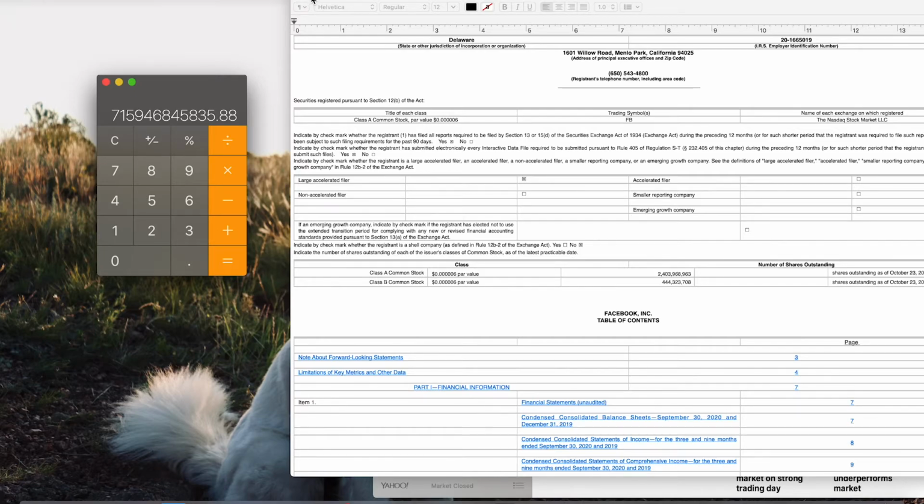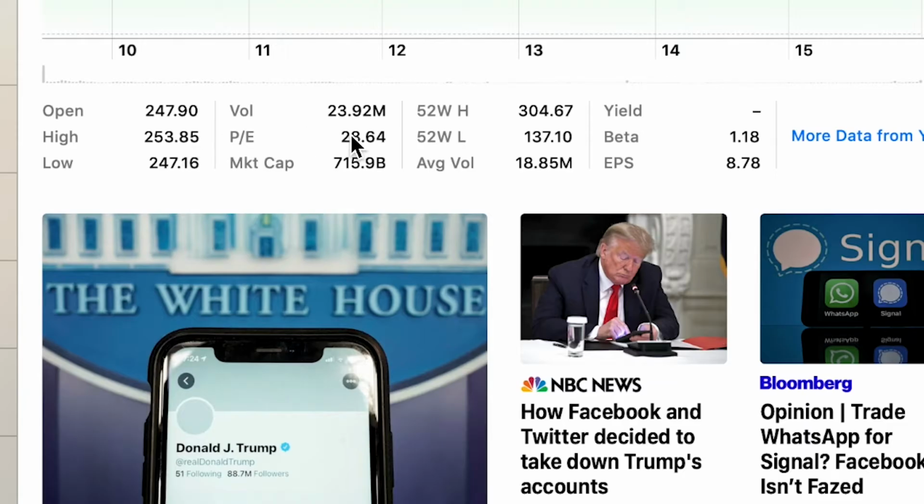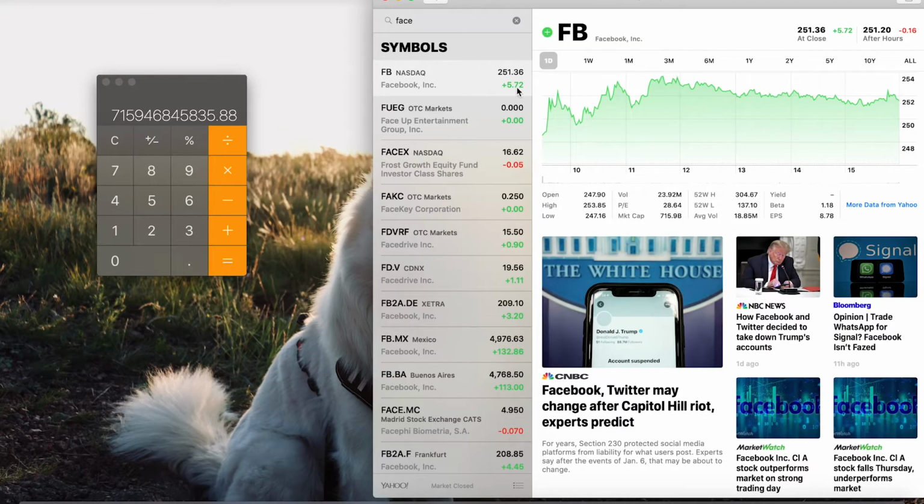So we come over here to double check ourselves. Right there, market cap, 715.9 billion. So now if for some reason you want to find out the market cap and you don't want to look at the overview where it shows everything, you can go through all that and double check the company's